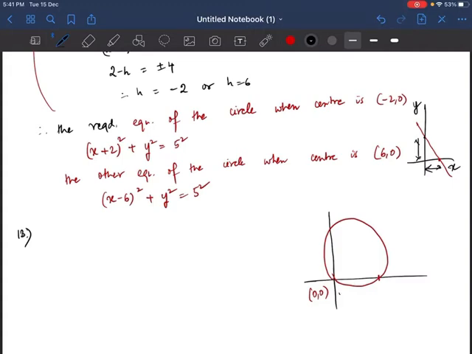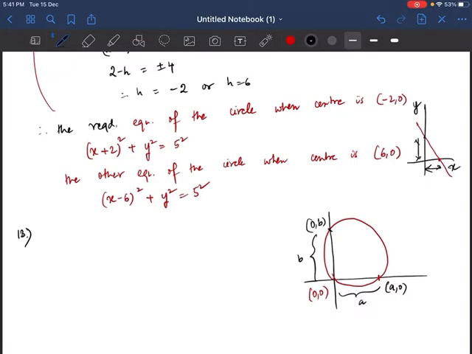This length will be my A because it intercepts A on the x-axis. So this point will be A comma 0, and the other one intercepts B on the y-axis. Generally it means A on the x-axis and B on the y-axis. So this length is our B, and this point will be, sorry, it won't be B comma 0, it will be 0 comma B. So these two lengths are given, and it says that the circle is passing through 0, 0.